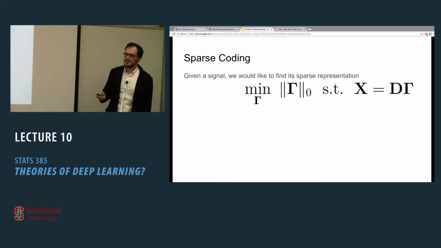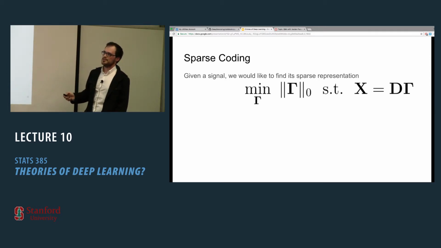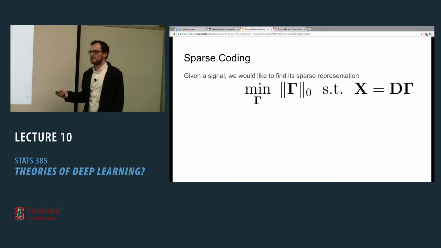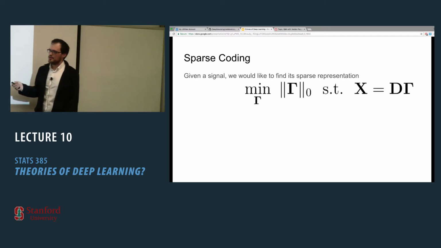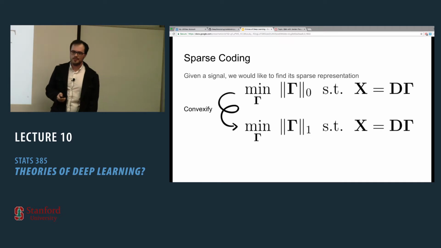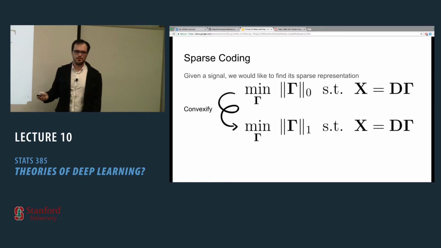OK. Now, given a signal X, a fundamental problem is atomic decomposition. Can you decompose this signal X into the atoms that construct it? Mathematically, you can write it as follows. You take the signal X, and you're trying to find a representation gamma, which has the minimal number of non-zeros, in such a way that X is equal to D gamma. Now, this problem is in fact very hard to solve because it's NP-hard. So what you usually do instead is replace the nasty L0 norm with the pleasant convex L1. And then you obtain what is called the basis pursuit problem.